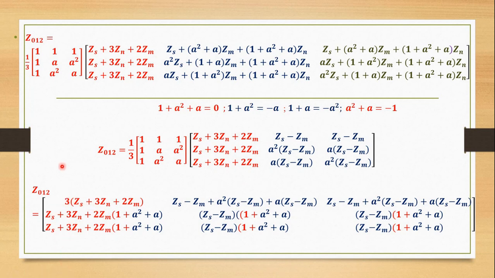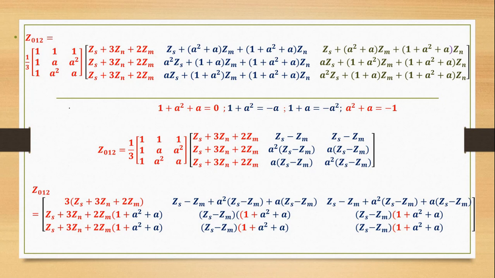Next, I am going to multiply this matrix with this matrix. So, what is the answer? That is 3 into, we have to multiply this with this. So, 1 into this term plus 1 into this, 1 into this. All the terms are same. So, I can write like this: 3 into Zs plus 3Z10 plus 2Zm. And this 1, 1, 1 is multiplied with these three. So Zs plus A square plus A,